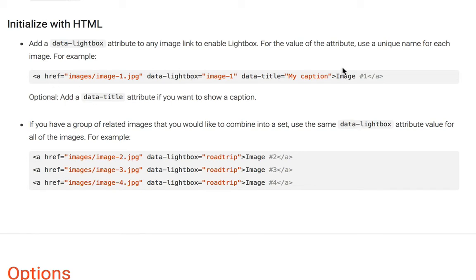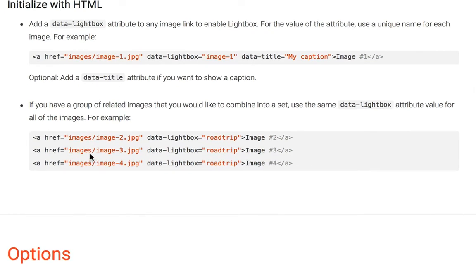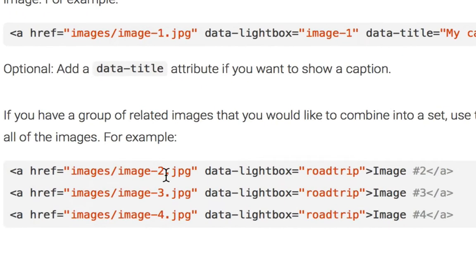Now, this first example is if we want to just do a single image. The second example is what we do if we want to actually have a gallery or multiple images in our Lightbox gallery. So we're going to simply go to this second example. We don't need the whole href line because we've already got this with our images in it. We just need this part to activate it, which is this code, data-lightbox, and we're going to replace road trip with our own gallery name, and that's it. We actually just need the data-lightbox up to road trip,